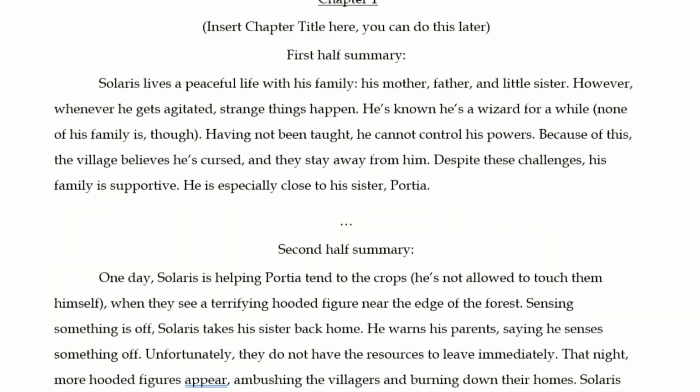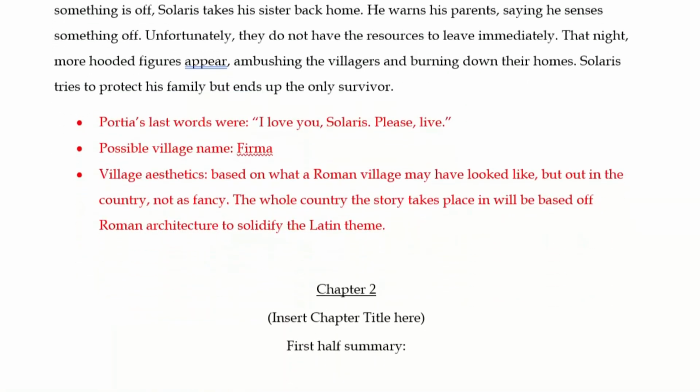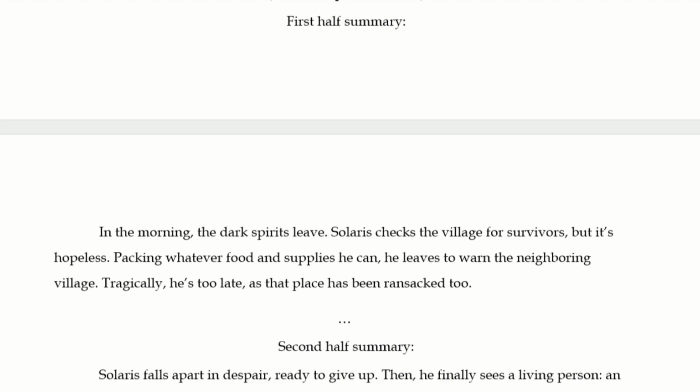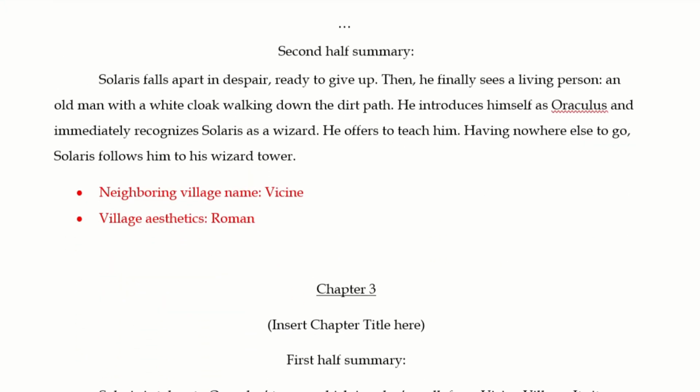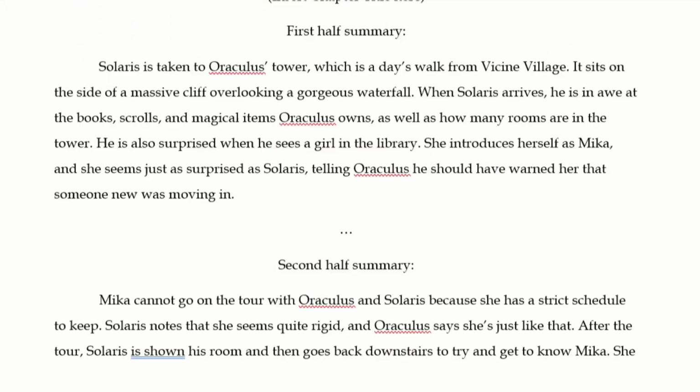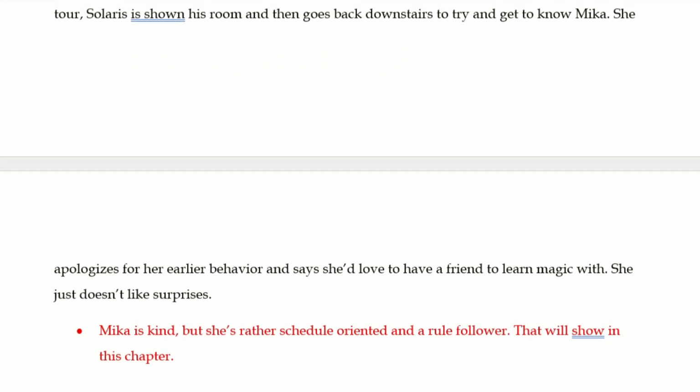Here is the final product. I'm going to scroll through it really quick because I don't feel like reading it out loud to you guys would be productive. However, if you want to know the full story I came up with, feel free to pause or slow down this part so you can read it.